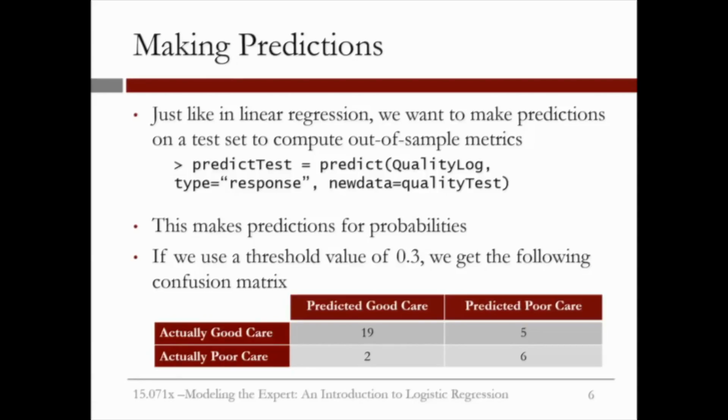Notice, if you compare this model with one alternative, which is to say we predict good care all the time, in that situation we will be correct 24 times versus 25 times in our case. But notice that predicting always good care does not capture the dynamics of what is happening, versus our logistic regression model that is far more intelligent in capturing these effects.